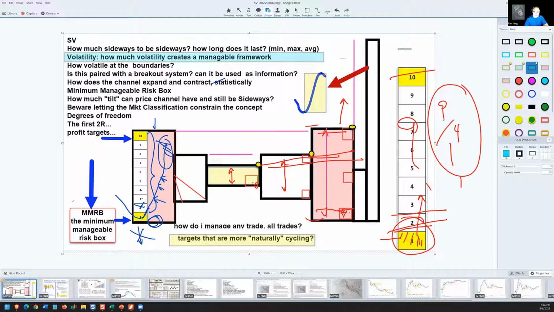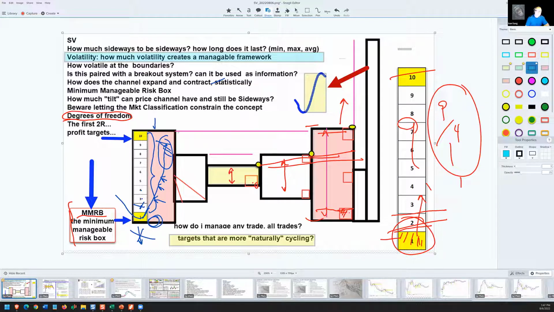So I want you to relax a little bit about all of the technical describing of sideways markets and volatility, and what it comes down to, in my view, at the other end, the monkey-proof simplicity is, what's the size of the box that I can manage where I don't take more than a 1-hour loss? It turns out that intraday I can be very small because there's no gap. Overnight, I have to be concerned about carrying overnight risk as part of how much protection I need against noise so that I can achieve the signal